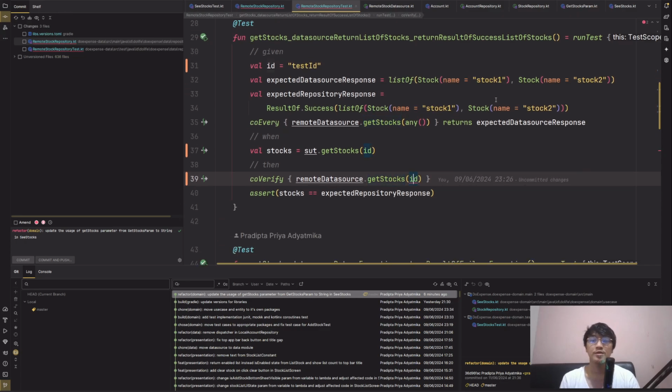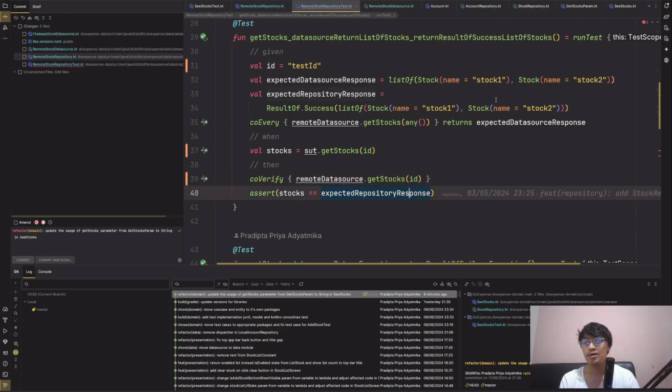So what I'm going to do is alt-enter in here and change the parameter type of function getStocks to string. Done. Result green.